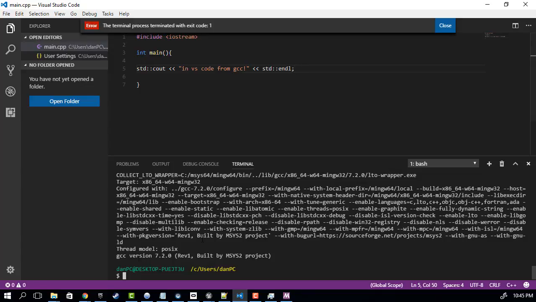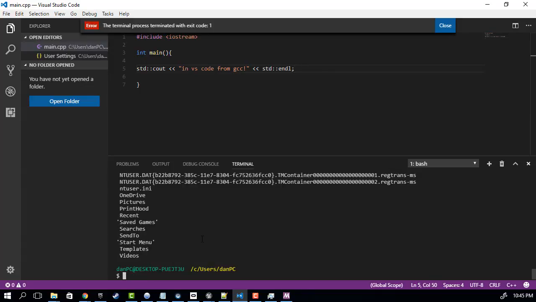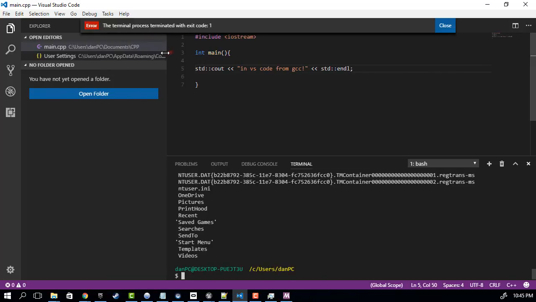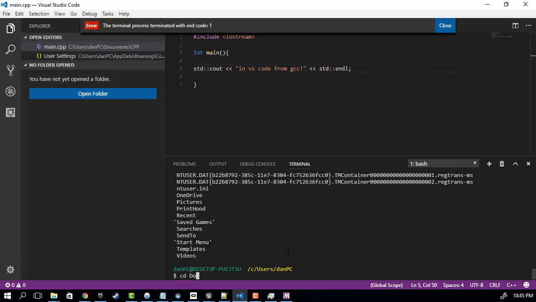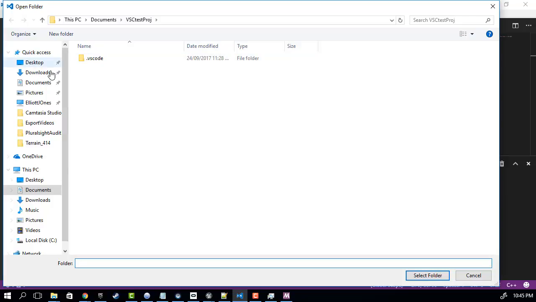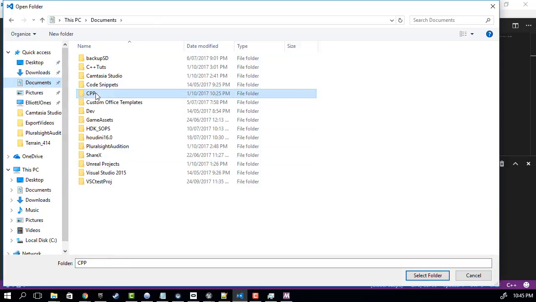Let's just do that, and let's go to, where did we save this? This is in Documents, CPP. So it should have opened us in the right folder, but for some reason it didn't. I think it's because we have no folder open. So let's open the folder. Go to Documents, CPP, select,